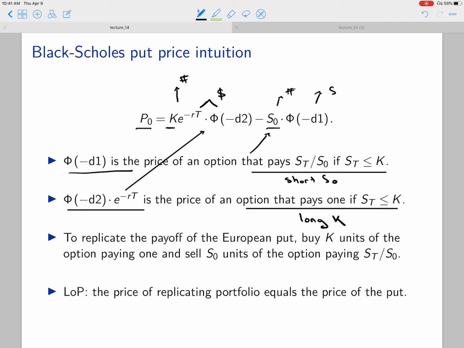And so the put price is equal to the price of this replicating portfolio, or K e to the negative rT phi of negative d2 minus S0 phi of negative d1. Law of one price, first principles again,